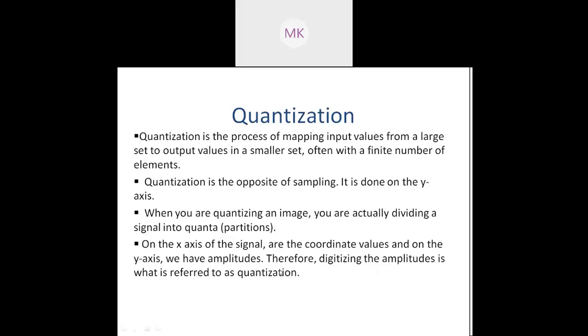So this is the difference between sampling and quantization. Sampling is nothing but assigning discrete values to the x-axis. Y represents the continuous signal, which is kept as it is. No need to divide the y-axis in case of sampling. Whereas in case of quantization, we divide the y-axis, which represents the amplitude values, and x remains as it is. X is a continuous time signal. It represents the continuous time signal variable. X is kept as it is and we divide the y-axis into different quantas or partitions.